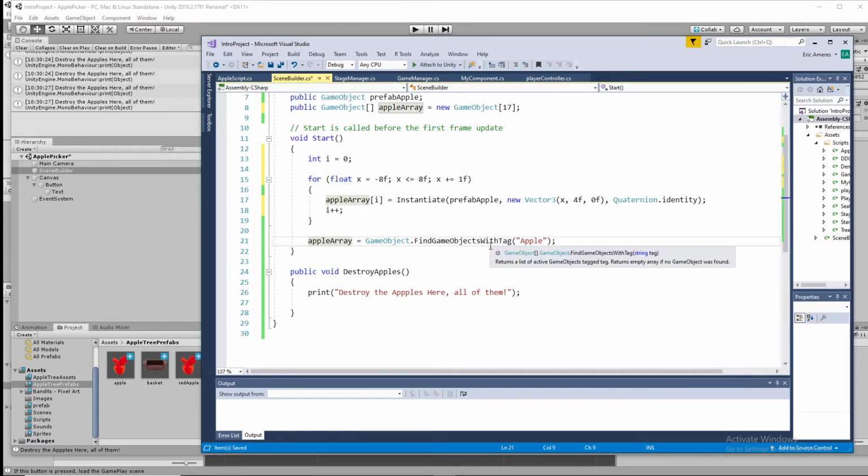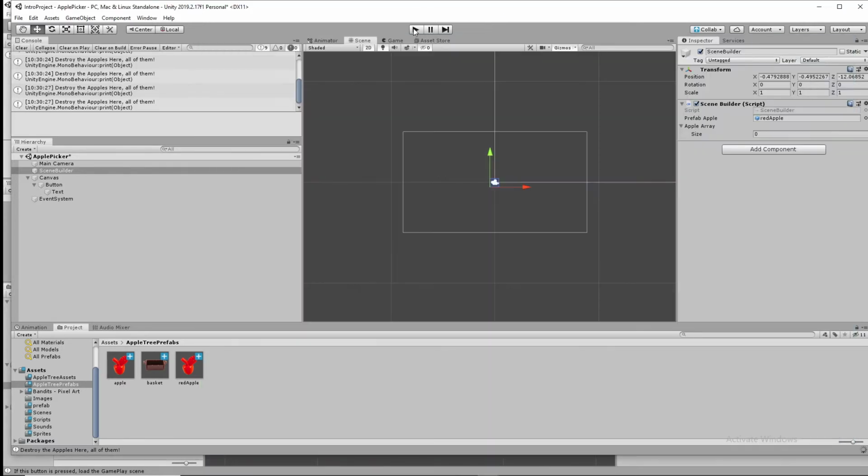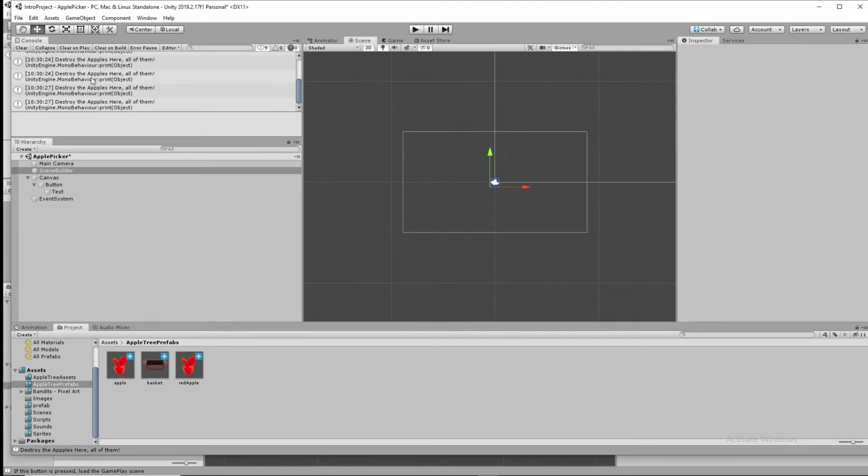And now I don't have to use this, right? So I don't have to search through for those tags. I can actually go ahead and fill that apple array because I know it's 17. That's the downside here, is that if I'm using an array, ahead of time I have to say how many things are in that array. Otherwise I get into this weird kind of resizing thing, and that's no fun with arrays. So the end result, hopefully, I hit play